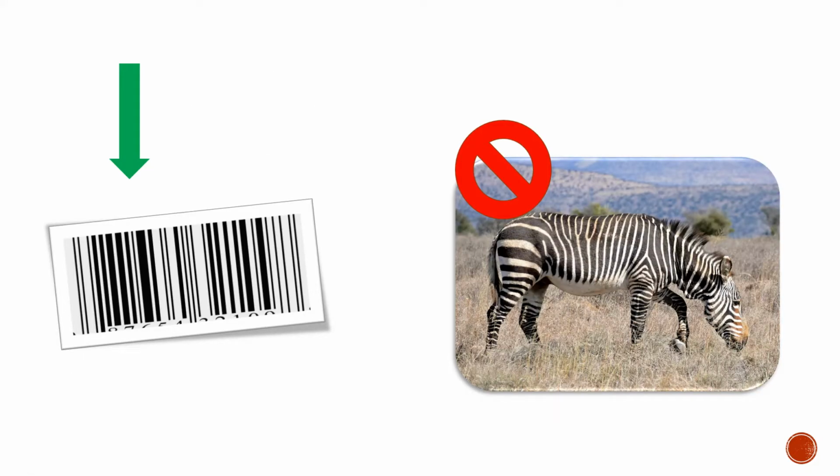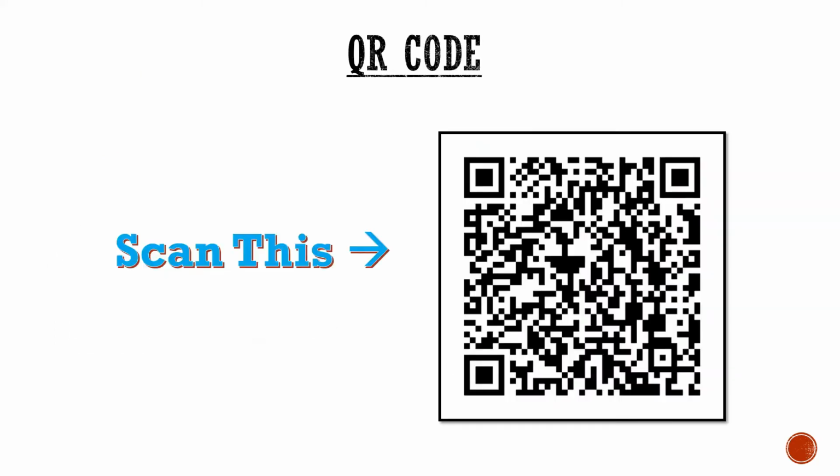So now let's get back to the QR code. Similar to the barcode, it also contains information, but it is in matrix form and contains more information than barcode due to its extra dimension. So let's move to the implementation part.